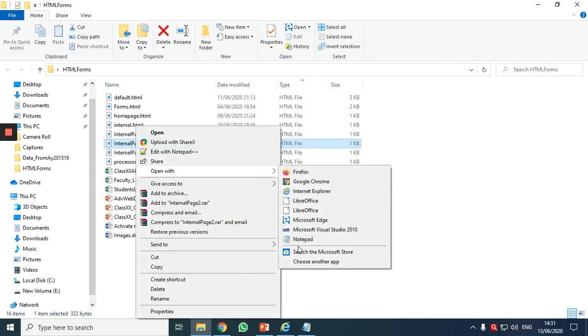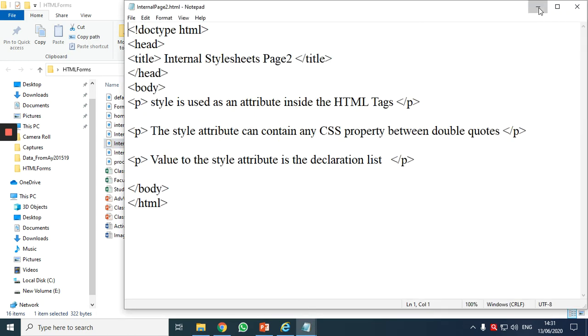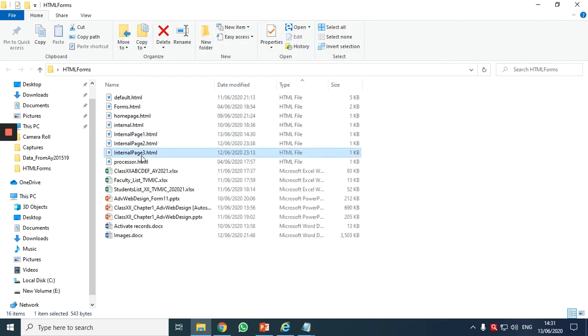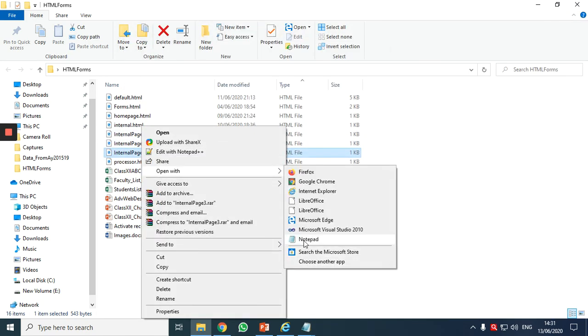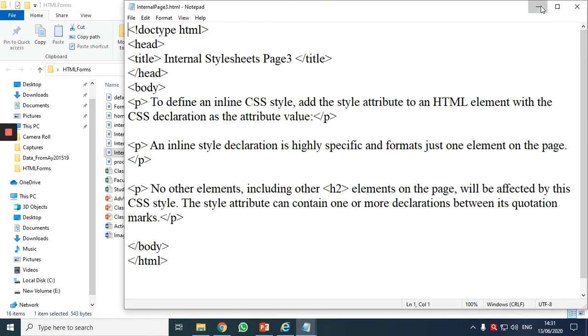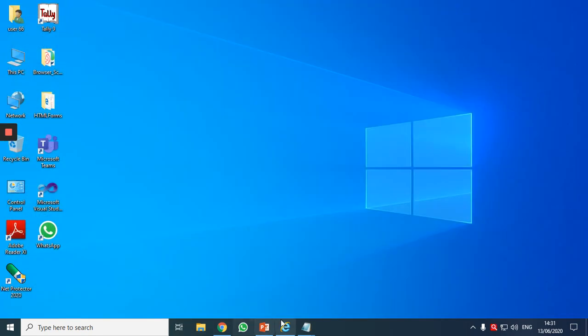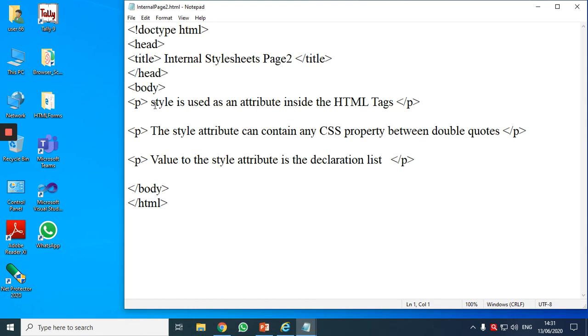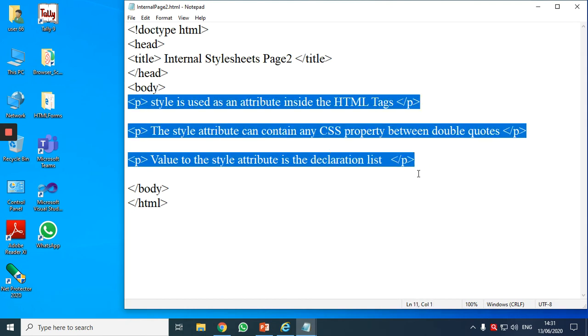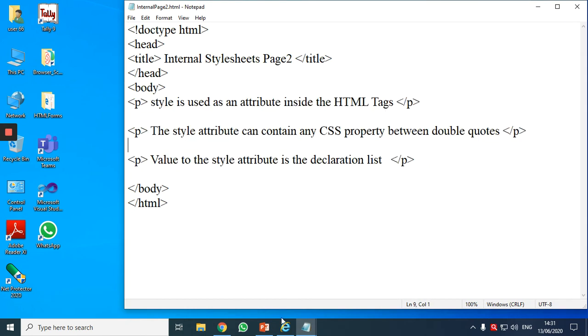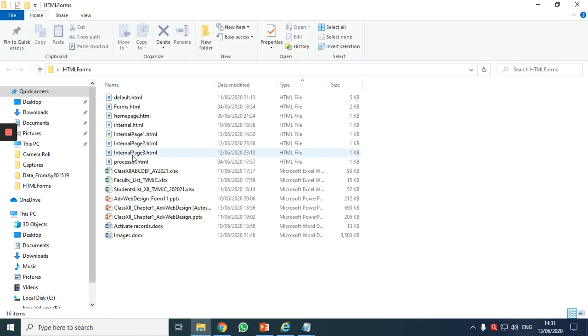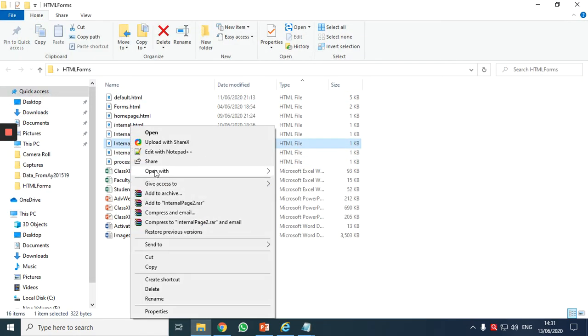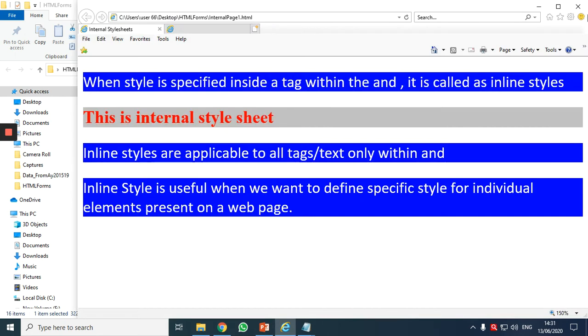Open with Notepad. This page also open with Notepad. Okay, so now I have my 3 notepads. Let us observe the output for this. Open with Internet Explorer.